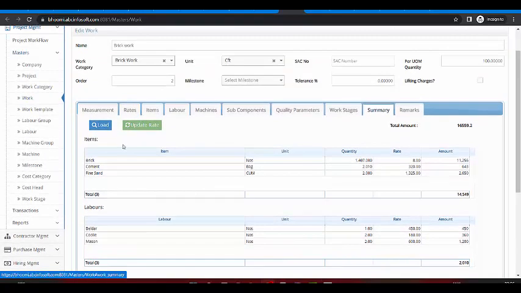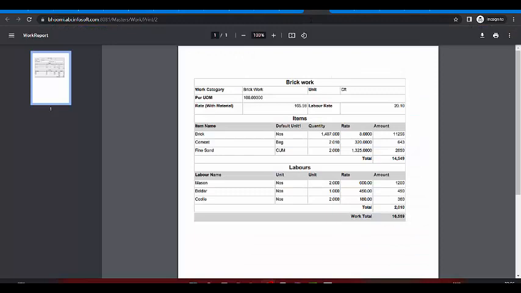The summary also shows us the entire cost requirement for the work. We can get a rate analysis for each and every activity in terms of item, labor and machinery.